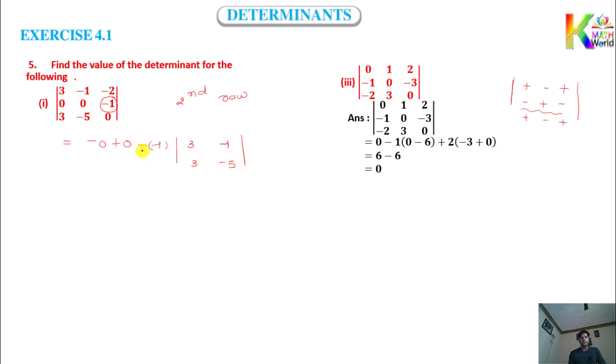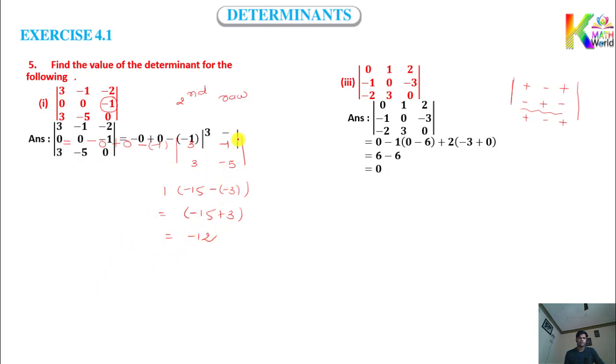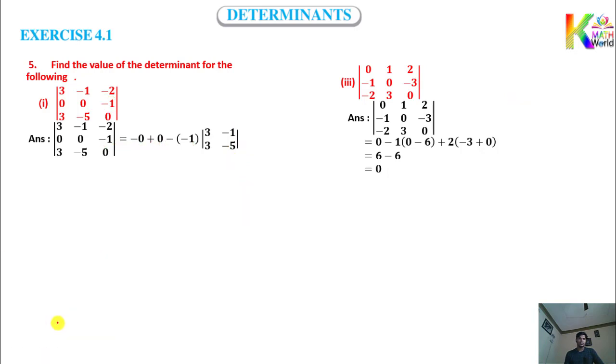You can see that. So minus now plus 1, then 3 5s are minus 15, then it will be now minus, and the product of this is minus 3. So like this you got minus 15, then minus plus 3. So minus 15 plus 3, that will be how much? Minus 12. The same thing you can see in the calculation. Now I am going to rub this whole thing. Whatever we discussed, you can see in this calculation.